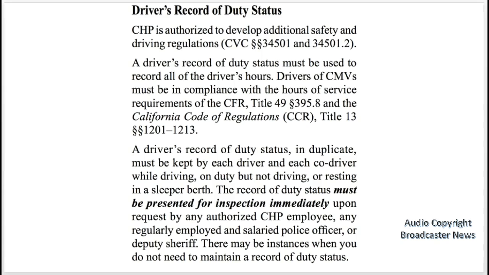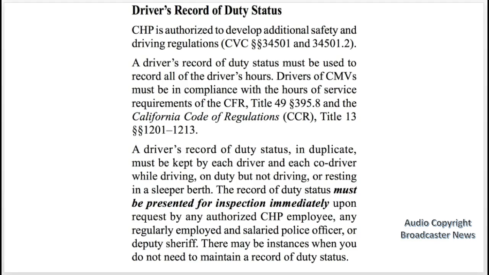Okay, let's talk about driver's record of duty status. The CHP is authorized to develop additional safety and driving regulations. A driver's record of duty status must be used to record all the driver's hours. Drivers of commercial vehicles must be in compliance with the hours of service required in the CFR Title 49 395.8. A driver's record of duty status in duplicate must be kept by each driver and each co-driver while driving, on duty but not driving, or resting in a sleeper berth. The record of duty status must be presented for inspection immediately